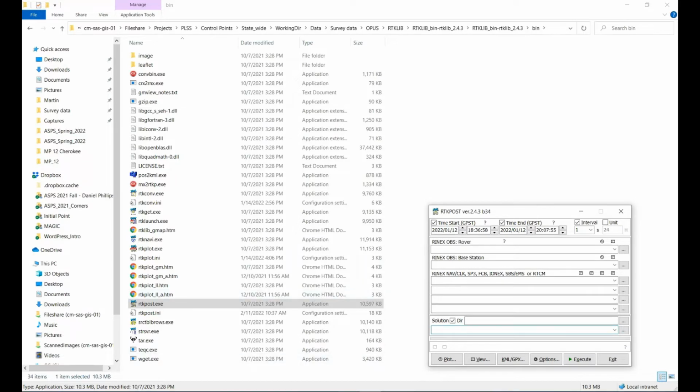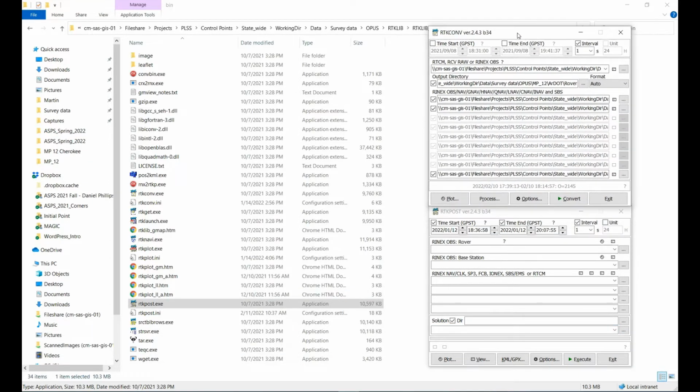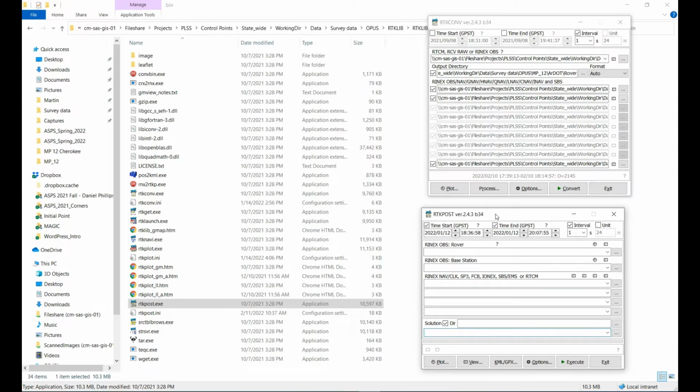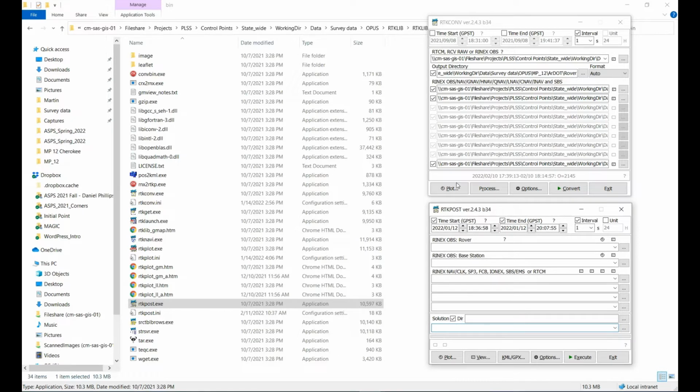Okay. So this is our converter. This is our RTK Post tool. Now, one thing I want to do here is plot this information,